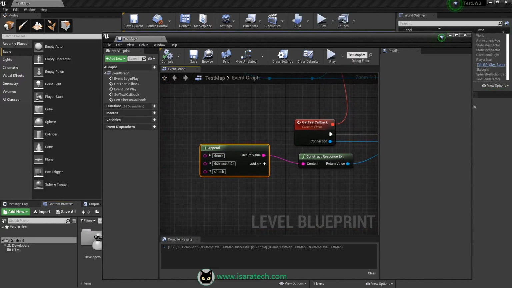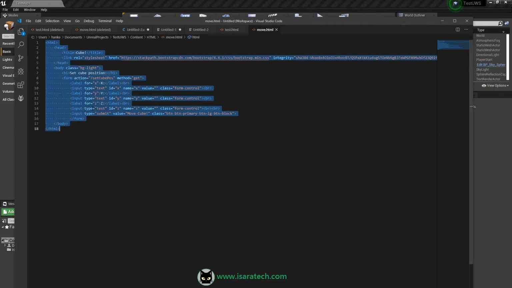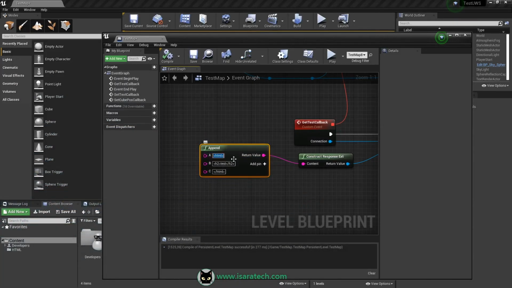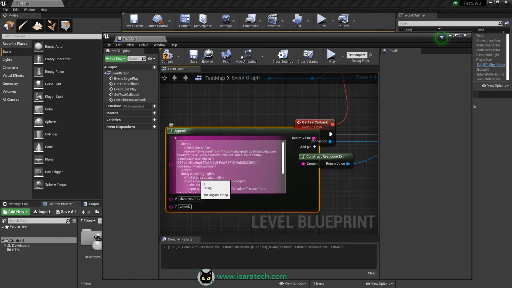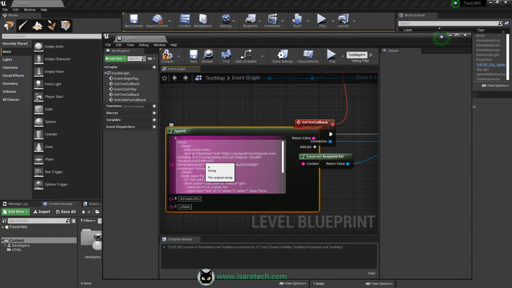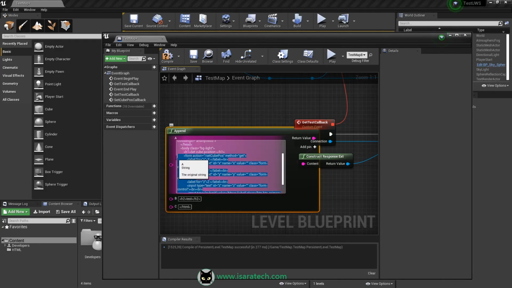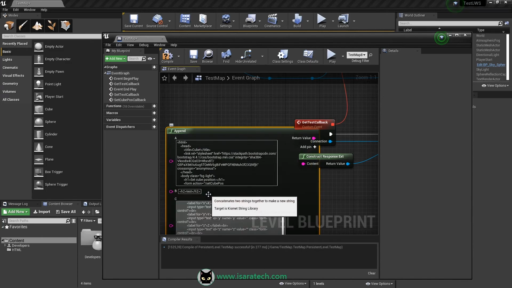You can also copy all this code and put it into the append node, which is not beautiful at all, but the main point is you can get this and put it here.